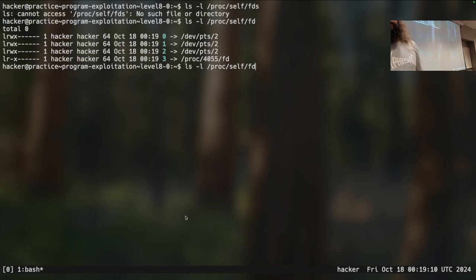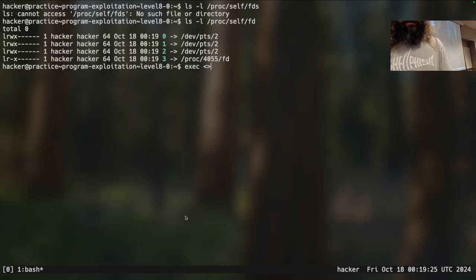But what is the current running process that's looking at this when I run this command? Is it bash? It's actually ls, which is a weird meta thing when you're thinking about using proc self.